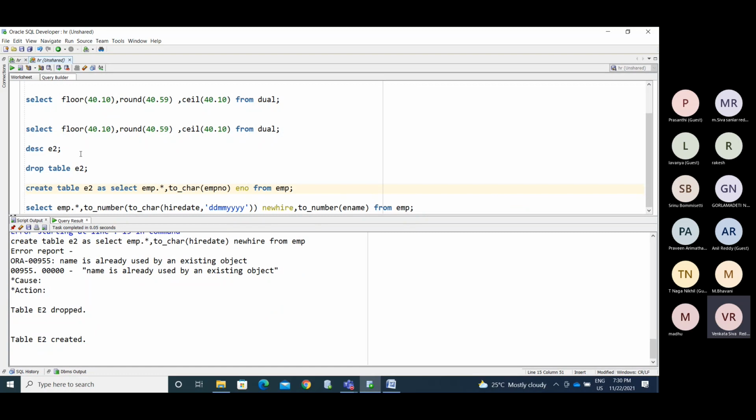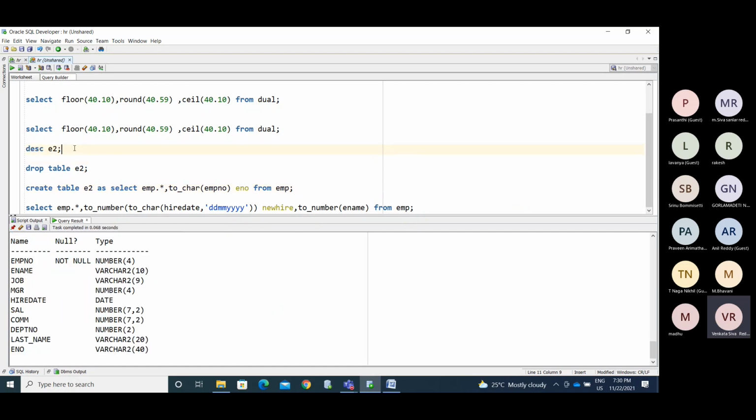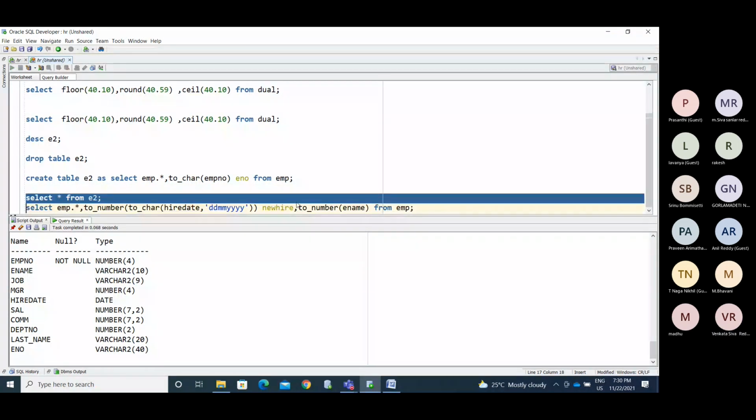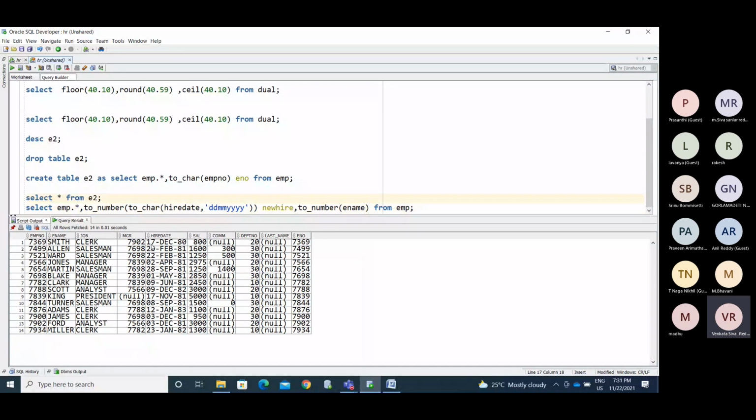Now I created it with this. Check what column values we have; both will be the same. See the data in that. Select star from E2. See, now values will be the same in both. You don't have any special characters or alphabetical values in both.